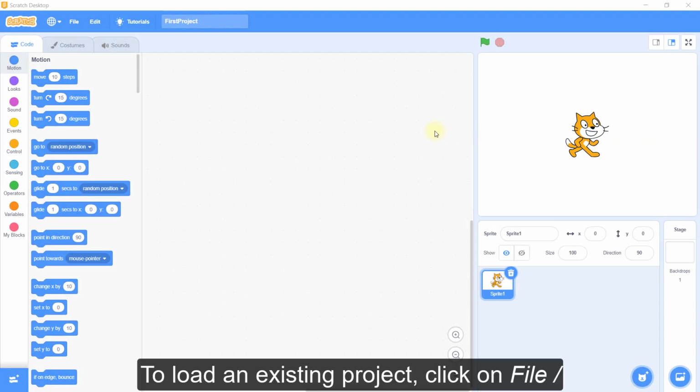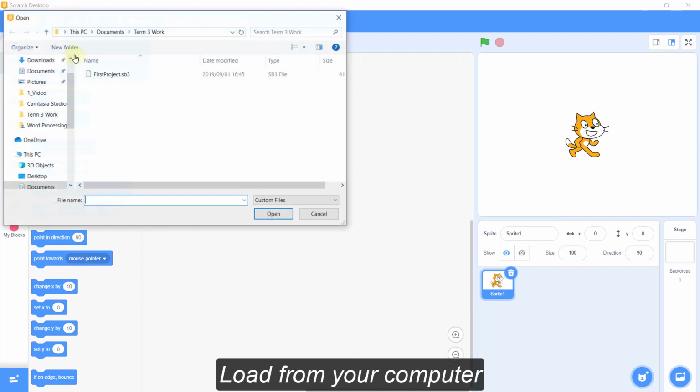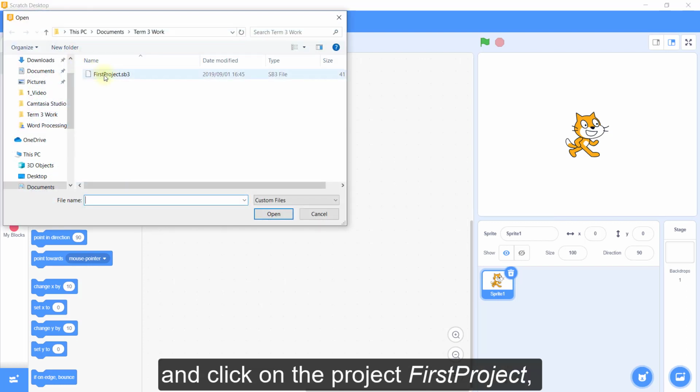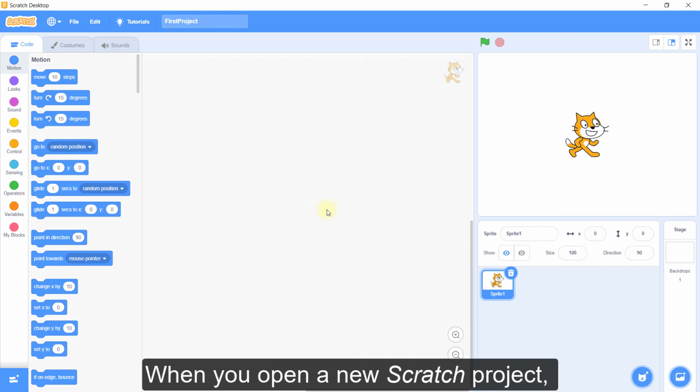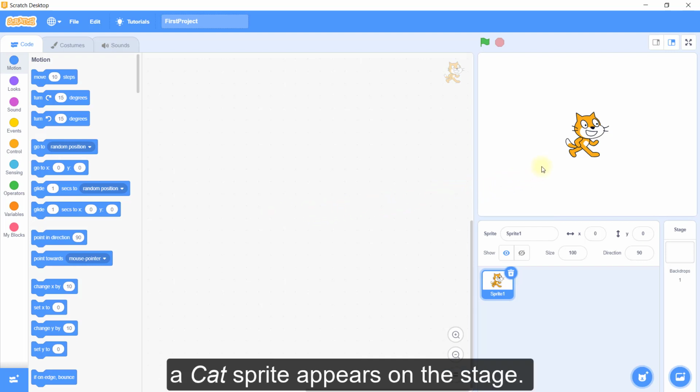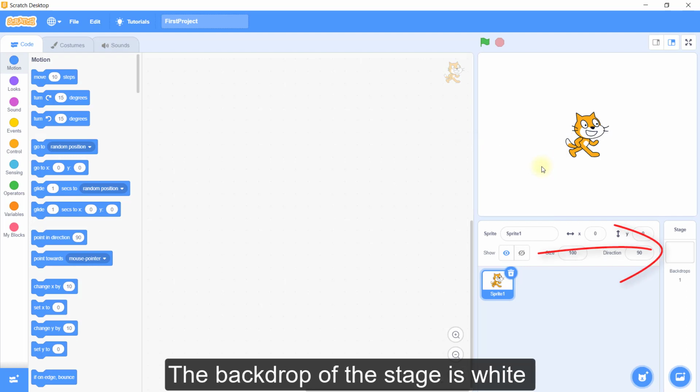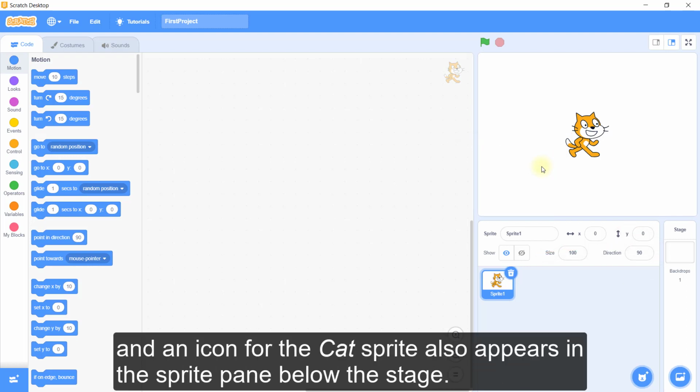To load an existing project, click on File, Load from your computer, and click on the project, First Project, and then Open. When you open a new Scratch project, a cat sprite appears on the stage. The backdrop of the stage is white, and an icon for the cat sprite also appears in the sprite pane